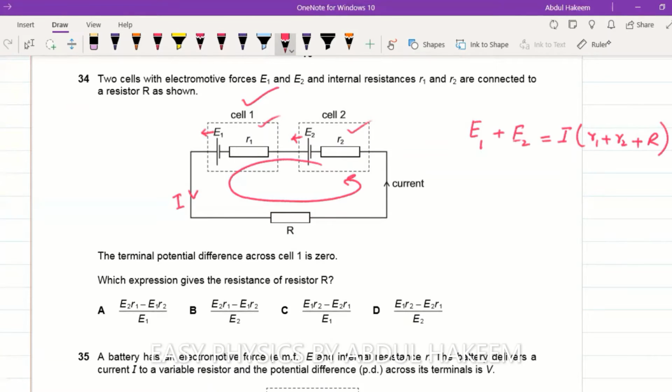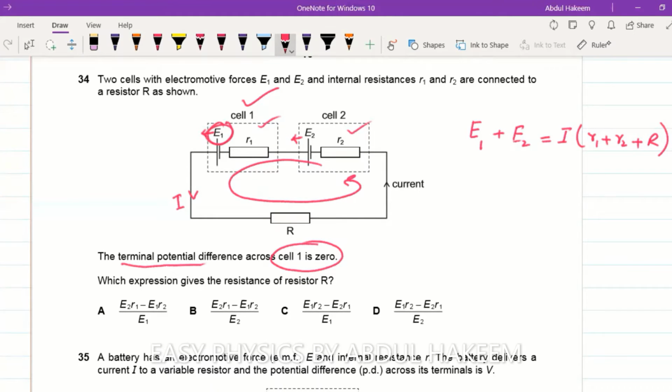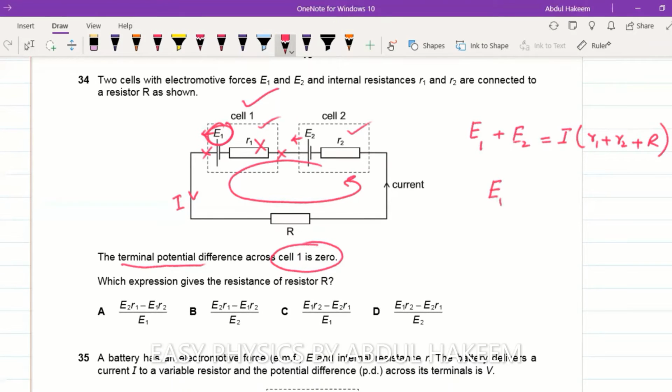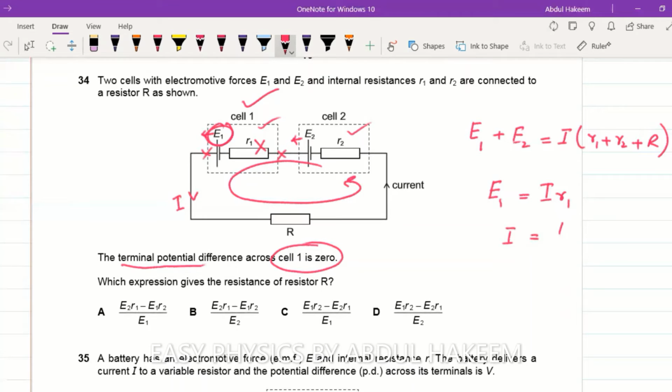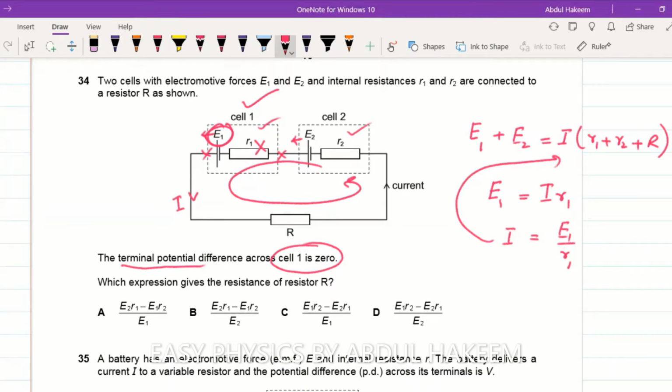But there is a statement that cell 1 has zero terminal potential, meaning the whole of the EMF is lost across R1. That's why it is delivering zero potential to the outer circuit. So we can write: the EMF of cell 1 is exactly equal to the potential lost across the internal resistance. So we can write I is equal to E1 over R1. Now substitute this I over here,